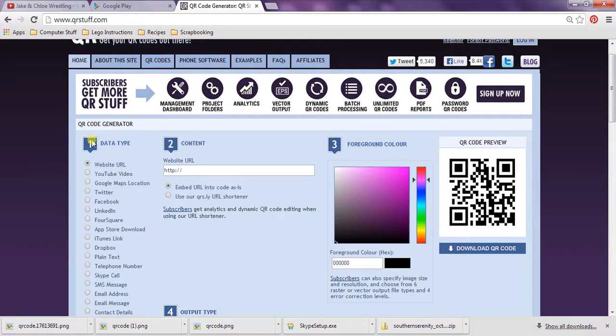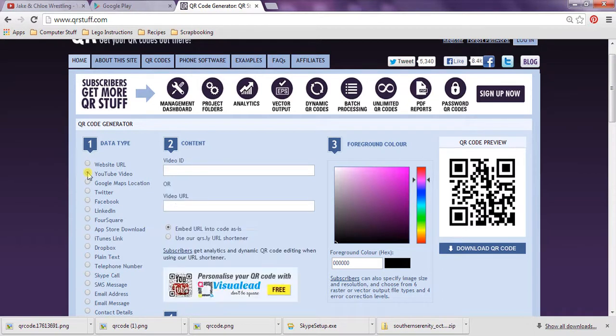And first you get to pick your data type. So you can link just to a website. I'm going to link to a YouTube video because that's what I uploaded, but there's a whole bunch of different places you can link. If it's a video on Facebook, you can link to there, Dropbox, a whole bunch of different things you can do there. So I'm going to link to a YouTube video, and I have the video URL,